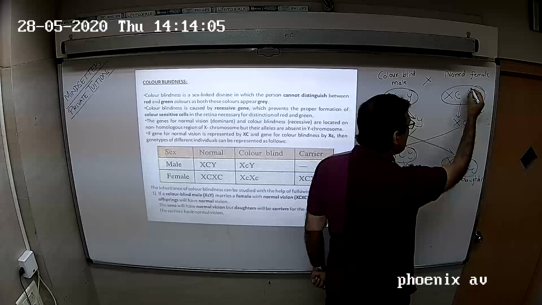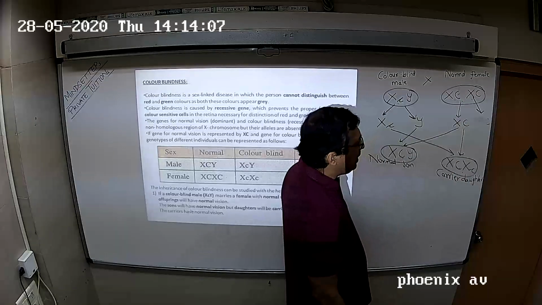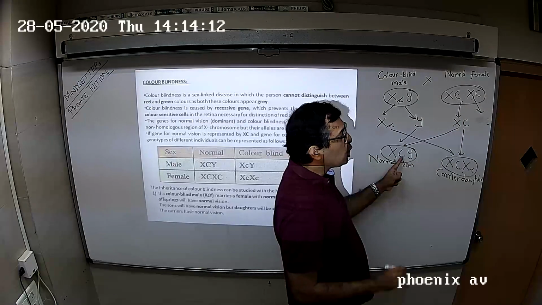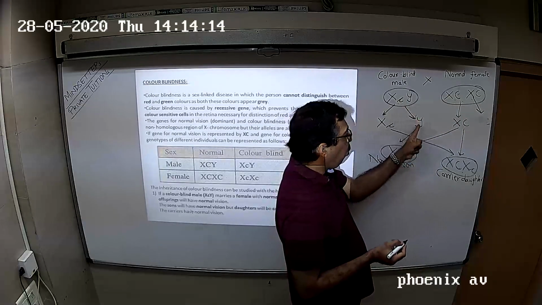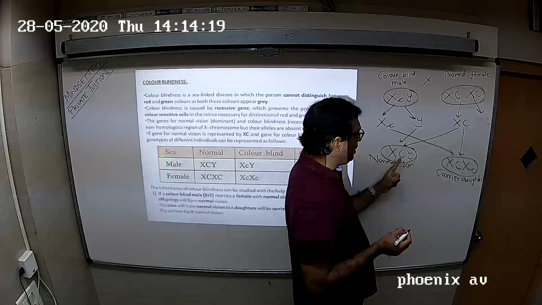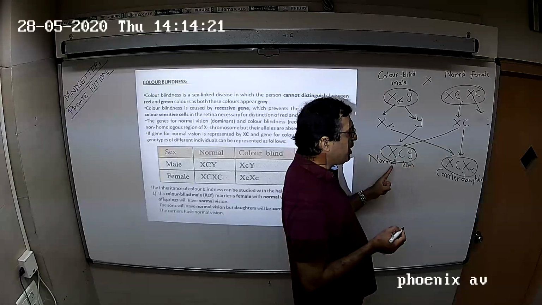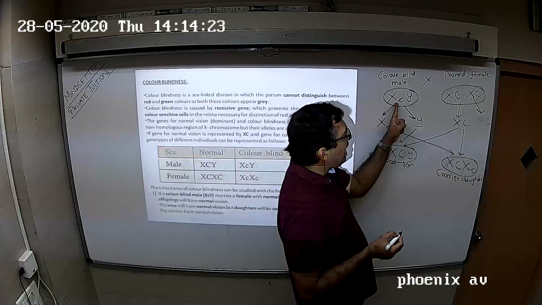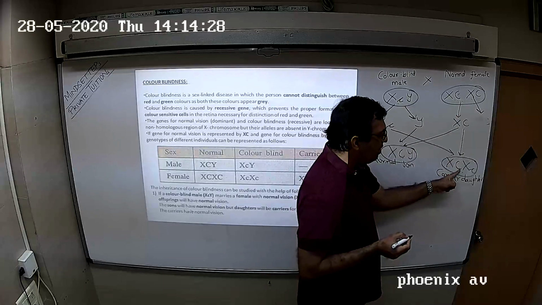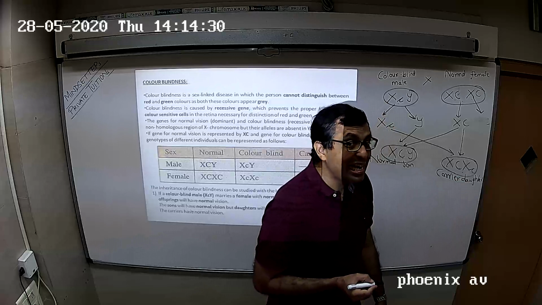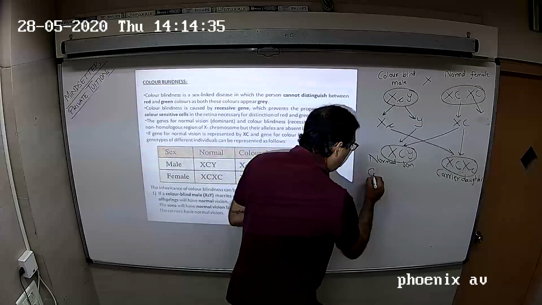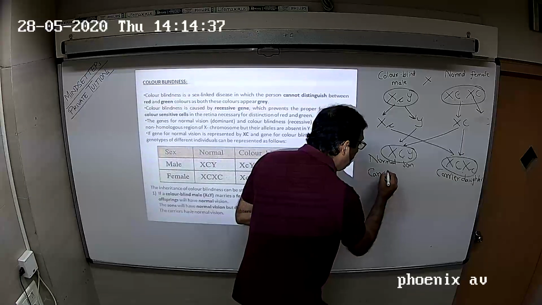If the mother is normal, the son will be normal, because what will son get from father? Y. And what will he get from mother? X capital C. So he will be a normal son. And where will the X small c fuse with another X capital C? And what will X capital C, X small c become? A carrier daughter. Now suppose this carrier daughter marries a